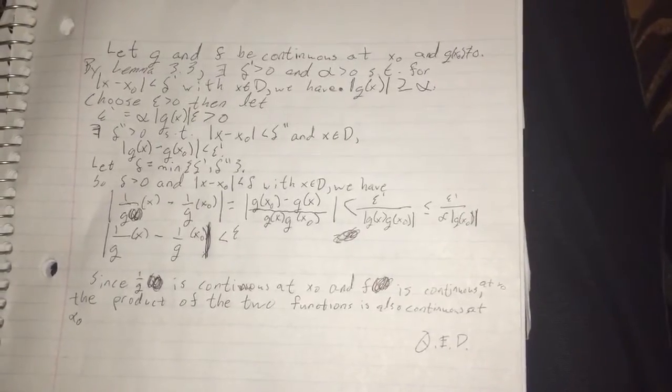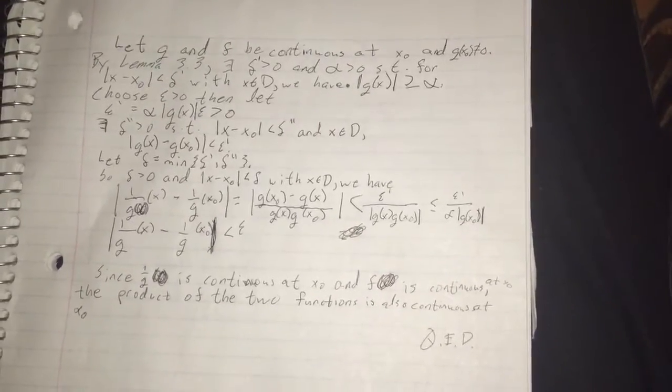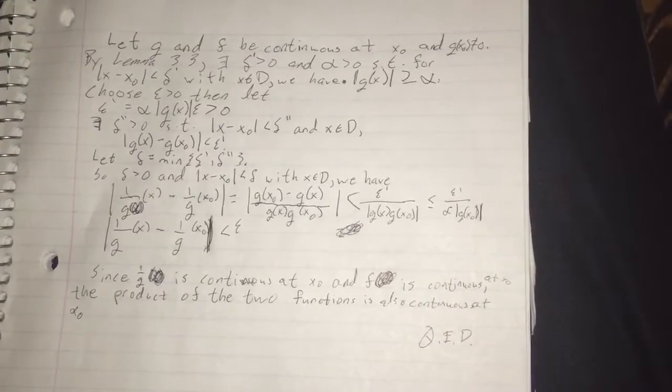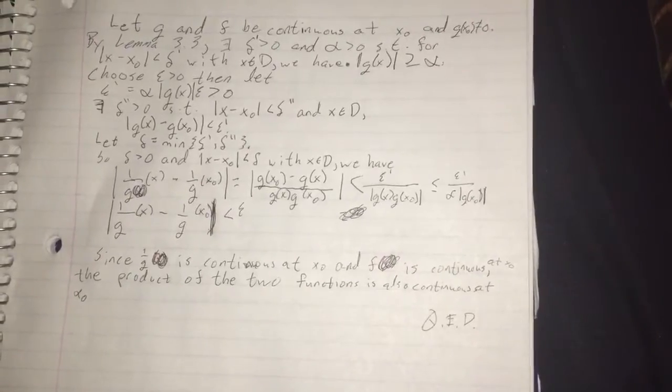So let's go ahead and choose an epsilon greater than 0, but then we're going to go ahead and let epsilon prime equal alpha times the absolute value of g of x0 times epsilon. And now since all this is going to be greater than 0, we can find